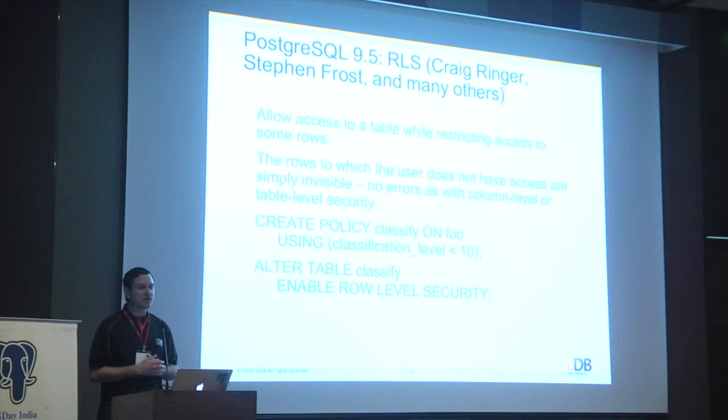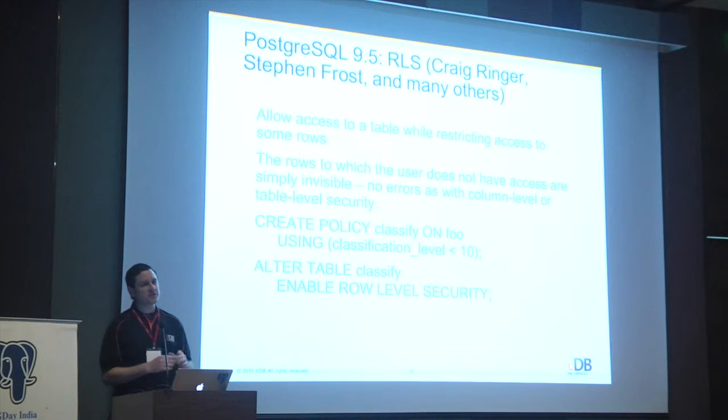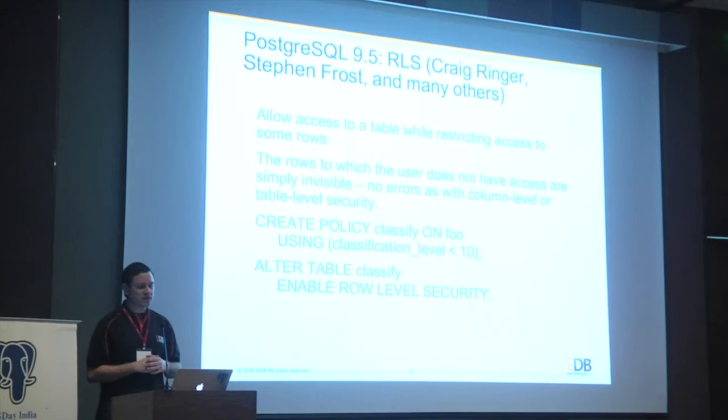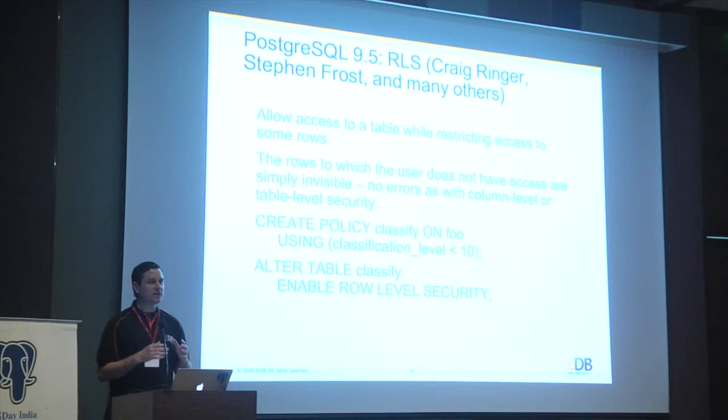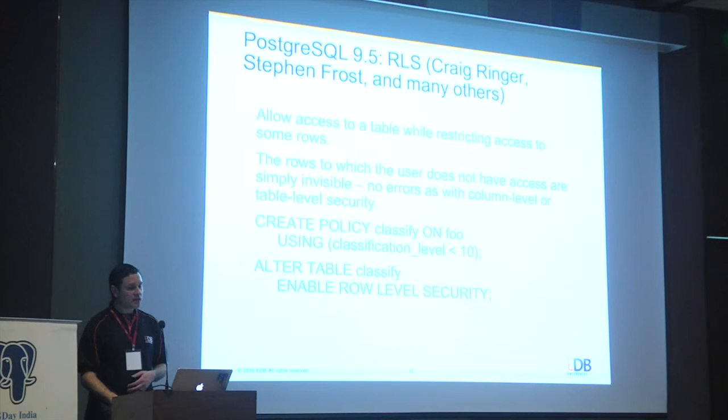PostgreSQL 9.5 now offers row-level security. We could sort of do things like this in earlier releases, especially in 9.4 where we had security barrier views. But in 9.5, this got a lot more transparent. You could just say, I'd like row-level security, please. And the database says, OK. And so the basic idea here is that